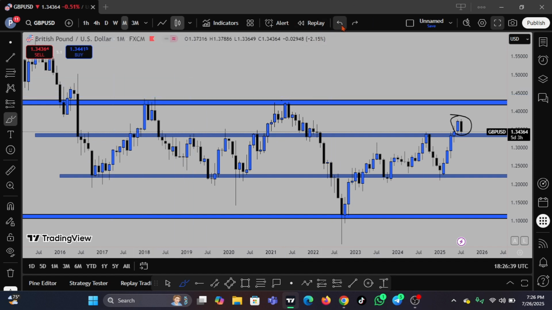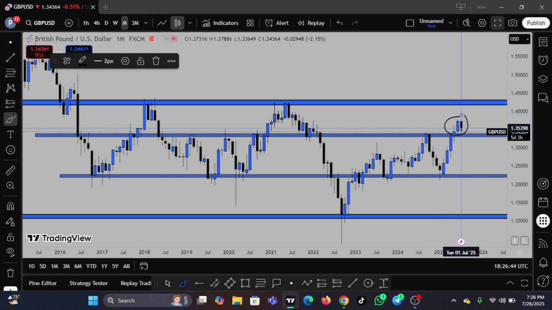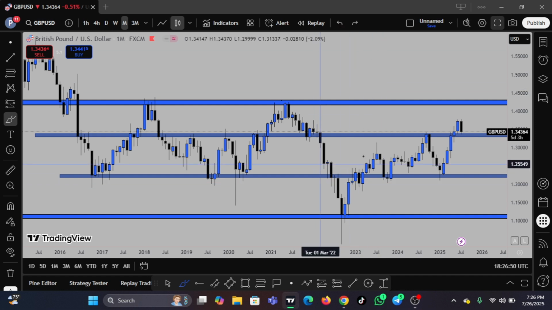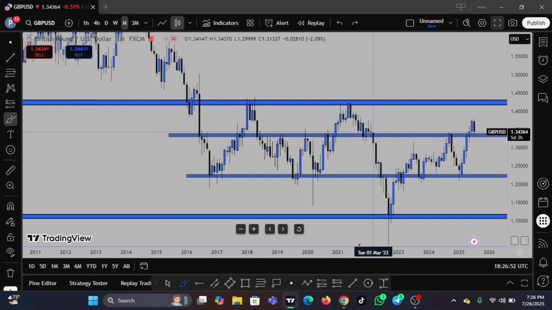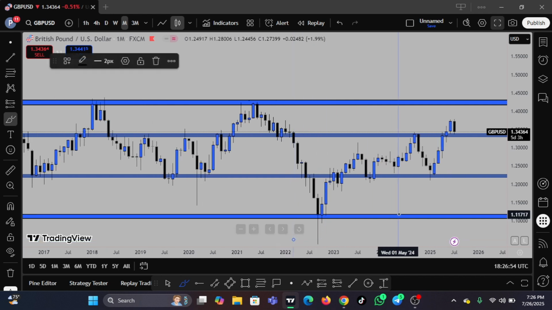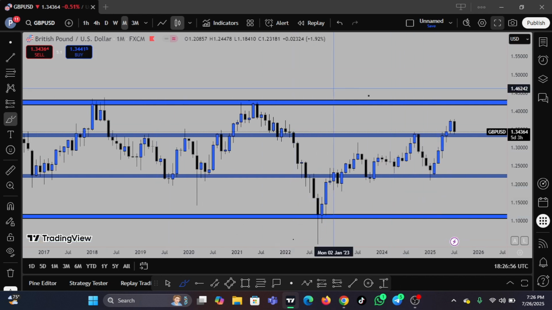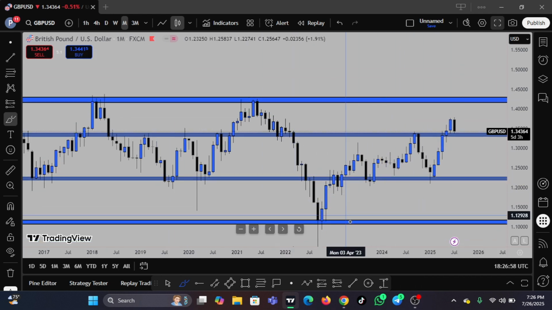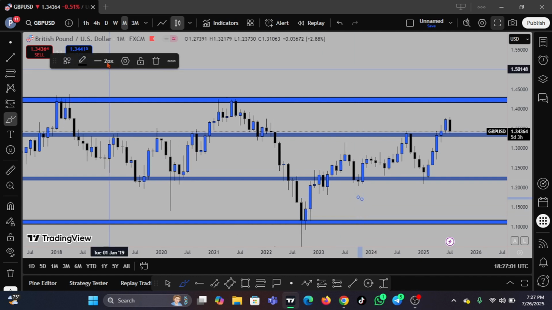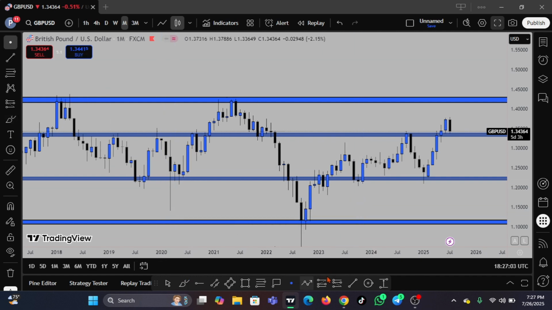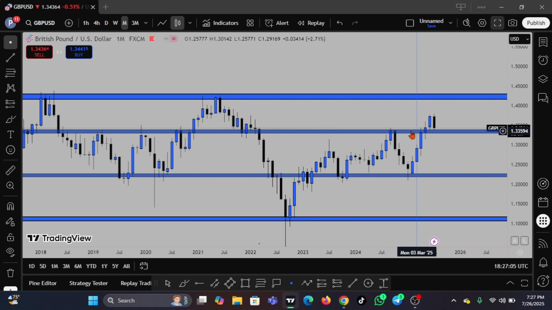So I'm expecting if price should close this way, it's possible we have a downward movement on Gbpusd. So this is looking like the USD wants to gain back its strength, and we may see price dropping lower. But before we take our decision, we still want to make sure that we see things in order. We don't just jump into trade. We can see that price is still above a resistance level. We cannot be selling now.